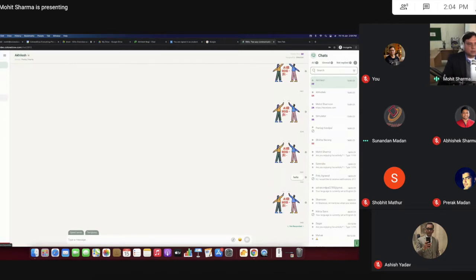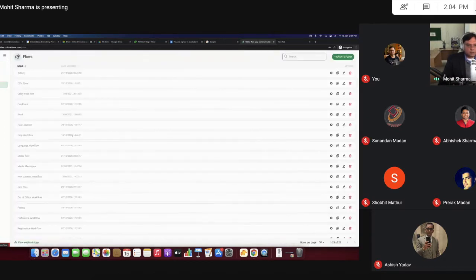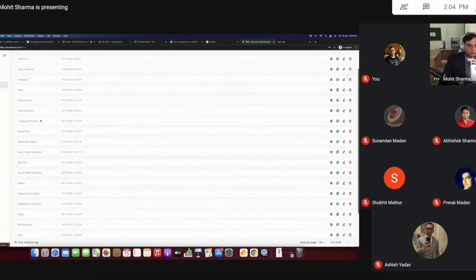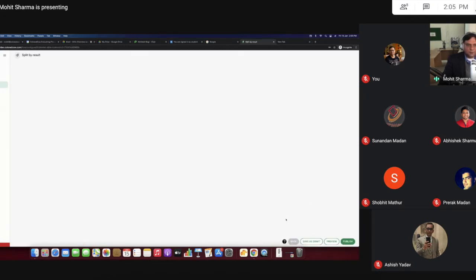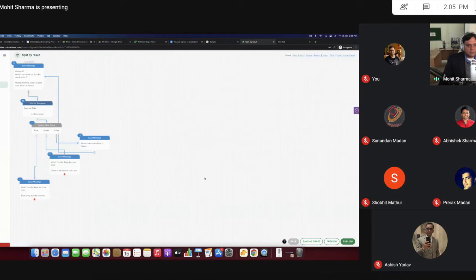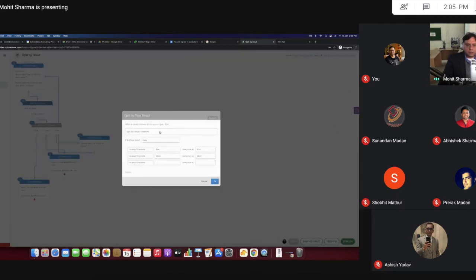The other part was the flows. There was a question from Nikita about split by result example. So I created this one, split by example. In this question type, you select split by flow, then you can save the variable name, the result which you are getting right now.